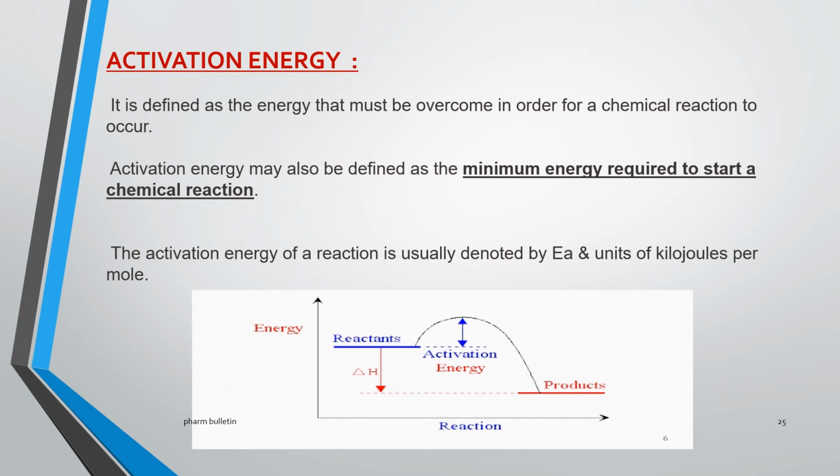These diagrams represent the reactant being converted to the product with the help of the activation energy. Here enthalpy plays the main role. So what is enthalpy? Enthalpy change is the amount of heat released or absorbed in the reaction at constant pressure. The graph is plotted with energy on the y-axis and reaction progress on the x-axis, and EA is the electron affinity, which is the amount of energy released when an electron is attached to a neutral atom or molecule in the gaseous state to form a negative ion.